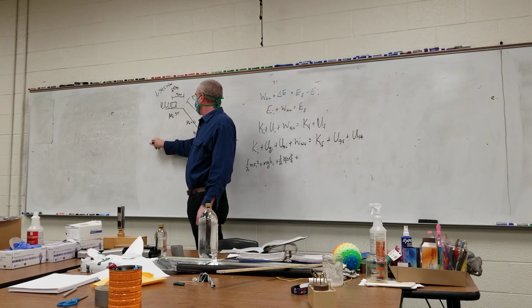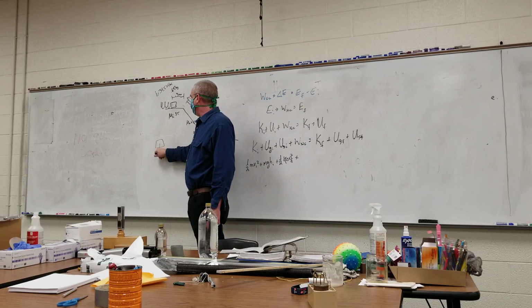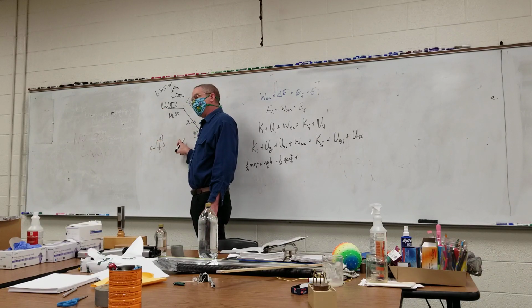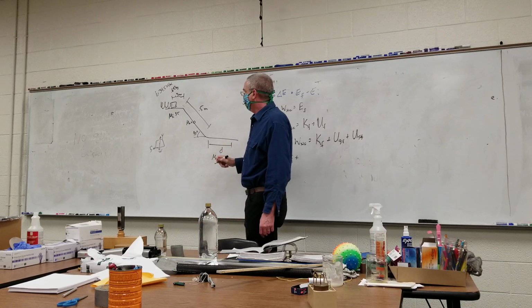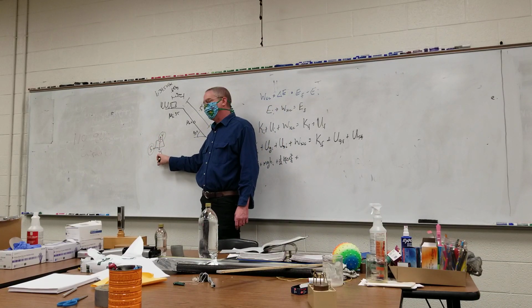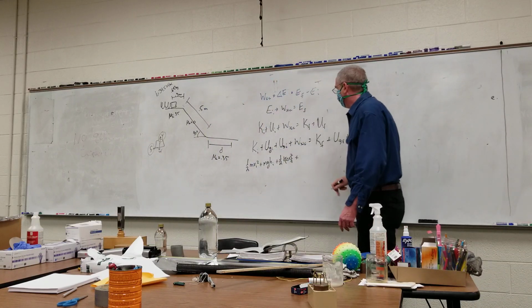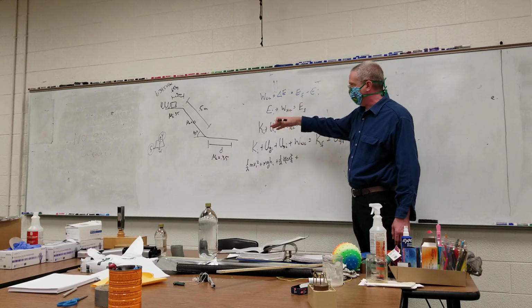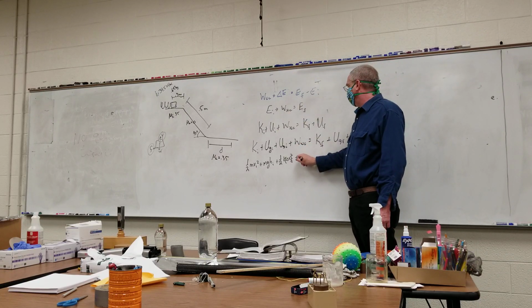The non-conservative work, because the friction that's acting on it is going to be constant. Because if we look in the horizontal sections of it, we have weight acting down, normal force acting up, and then friction's acting back. Now up here, there's also going to be a spring force to the right, and down here there's not. But the friction depends upon the normal force, and the normal force is equal to the weight in magnitude in this case. So we'll have a constant friction force up there and down there. So this will end up being the friction force times the displacement